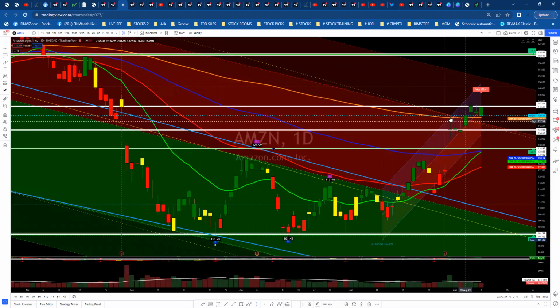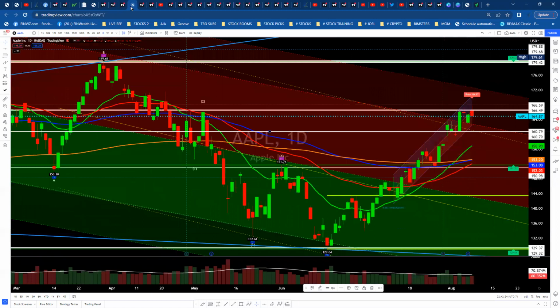Amazon consolidating here. You can see we consolidated up here and then pulled back. It's kind of where we're at right now. So 242, we've got to hold above that if we want to rally. If we break below the 200-day moving average, then look for a pullback to the 100. Apple is in this little channel here. We need to break out of 167 to go long, and 160 to go